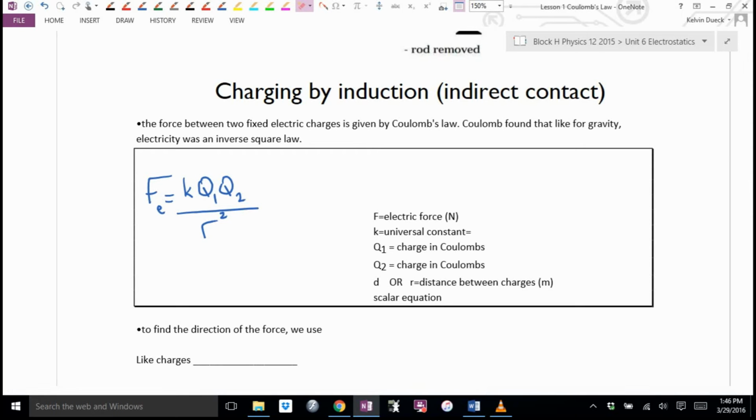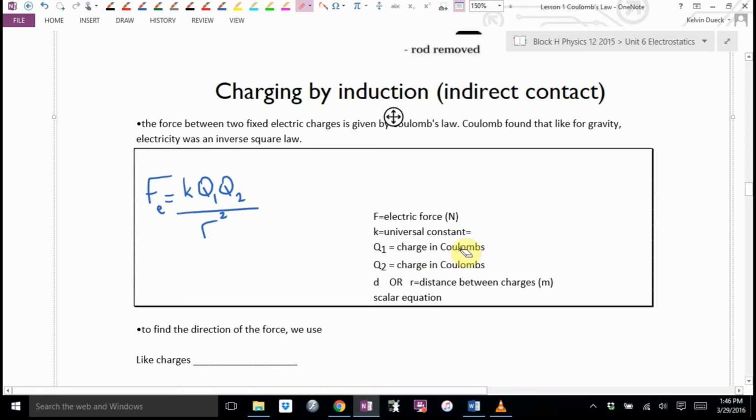This is the force of attraction or repulsion. We'll figure out the direction ourselves, but the magnitude is given by KQ1Q2 over R squared, where Q1 is